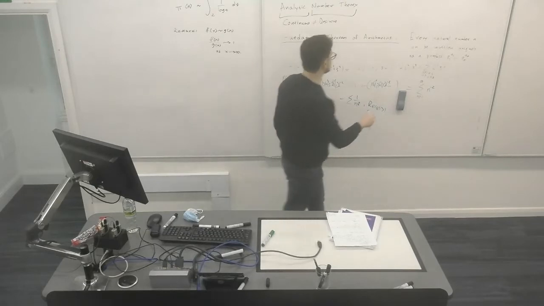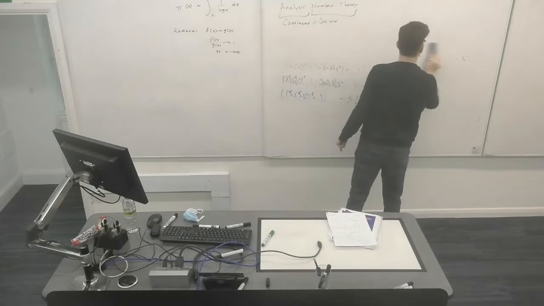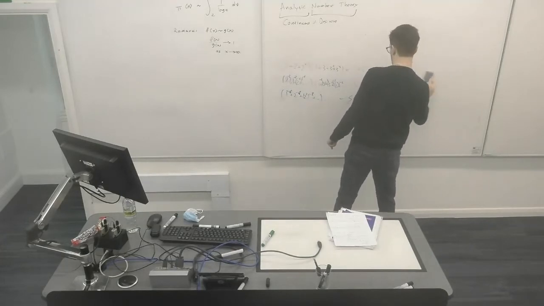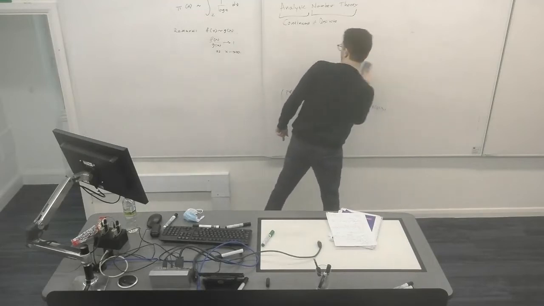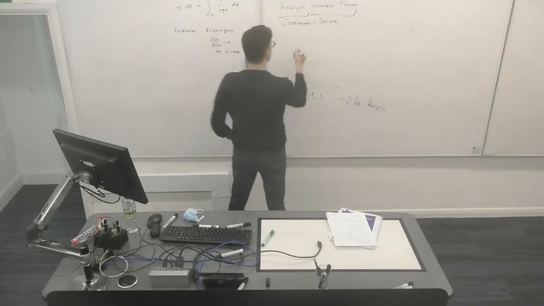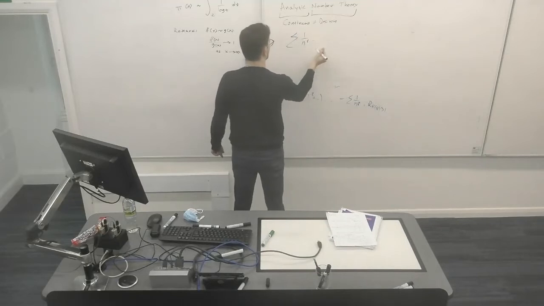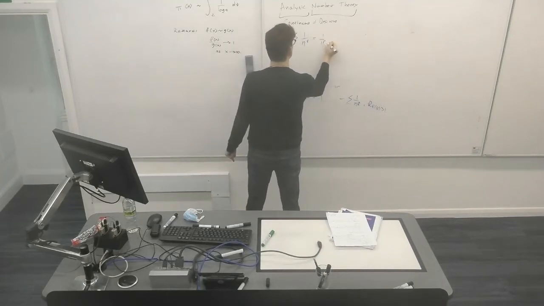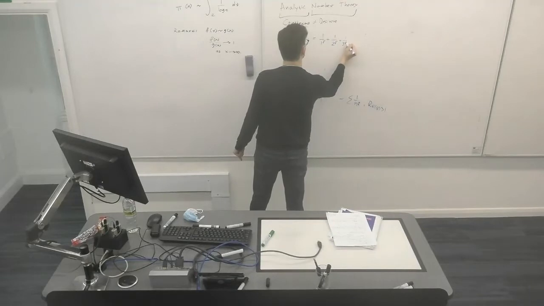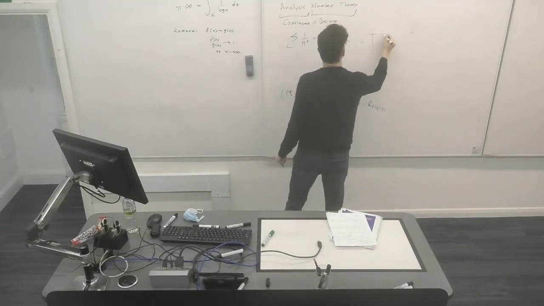So to write this again, basically what I'm saying is that the sum of all the 1 over n to the s, which is 1 over 1 to the s plus 1 over 2 to the s plus 1 over 3 to the s, and so on, is going to be equal to the product